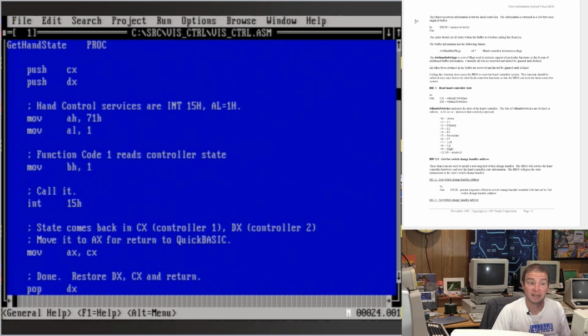Hand control 2 will come back in DX. They both come back at the same time, and as I mentioned, each register is a 16-bit register and will contain the state of every button on the controller every time you call it. Now, when you call an int15 service, you call it with